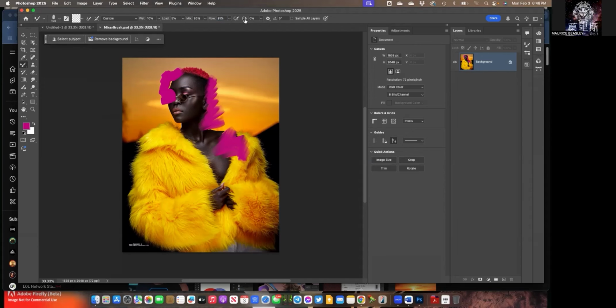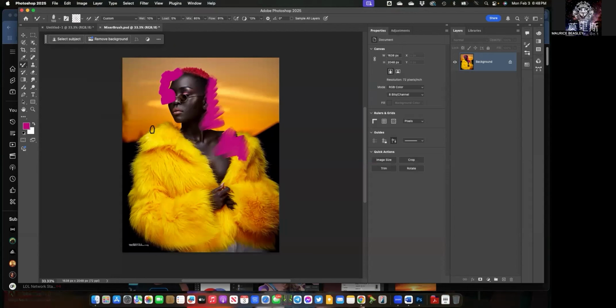Changing my flow. I forgot what this one was. Oh, the smoothing amount, and I could start to play with this. And if you notice, it's kind of doing a smear effect on her outfit right here, based on this mix, the flow, and the load amount. So if I increase the load amount,